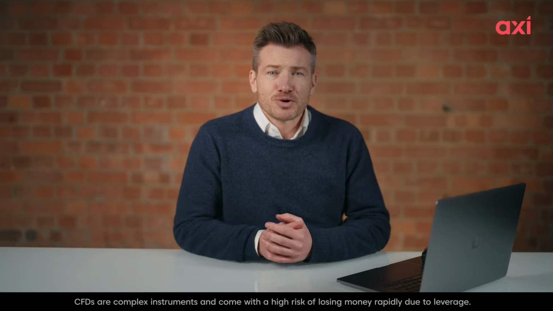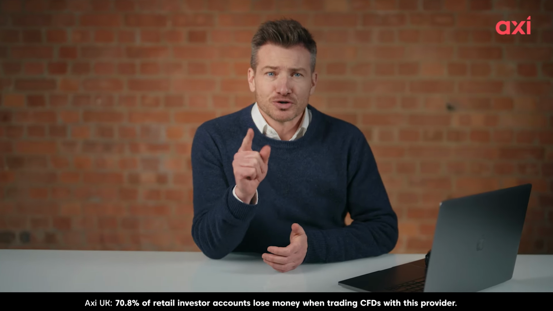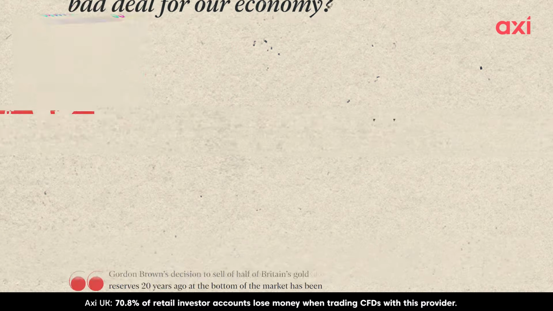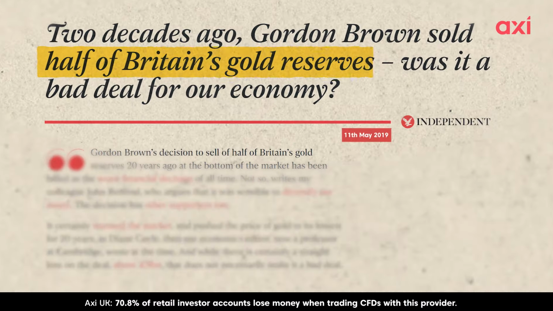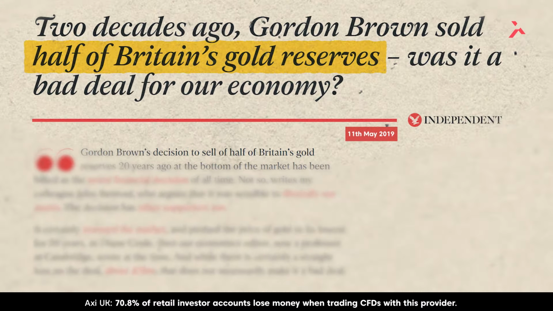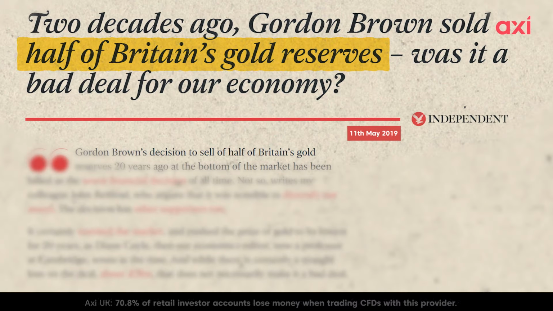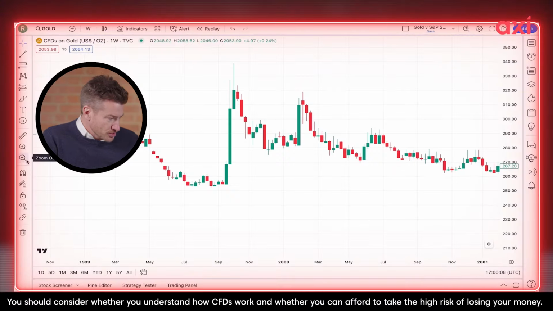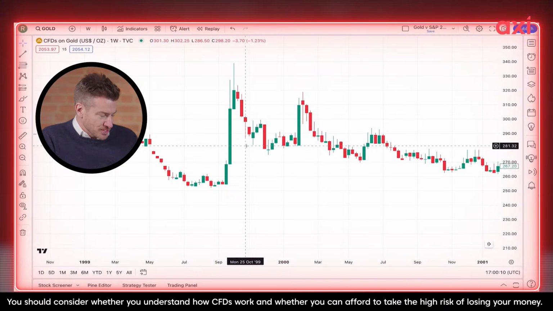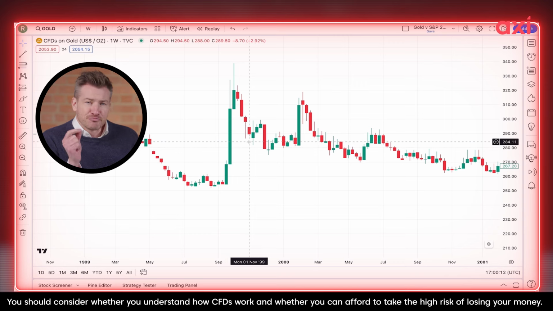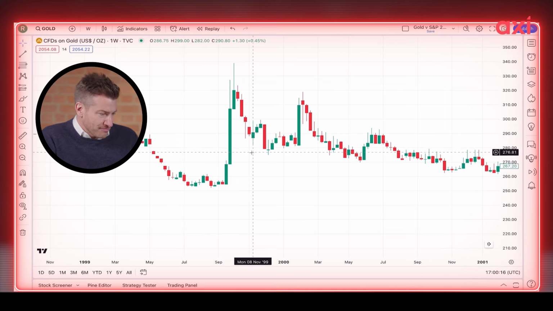Now, an example of where it can go wrong when you don't hold on to those positions long enough is when the British government announced it would sell half of its total gold reserves in 1999. If we take a look at the chart from that time, you can see $6.5 billion of gold was sold at the average price of